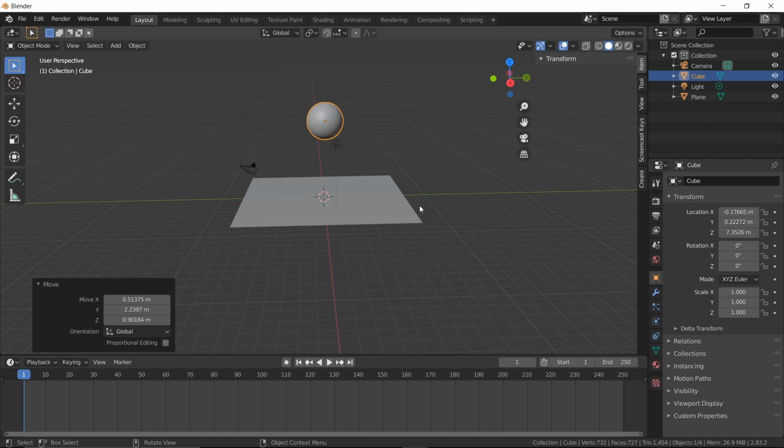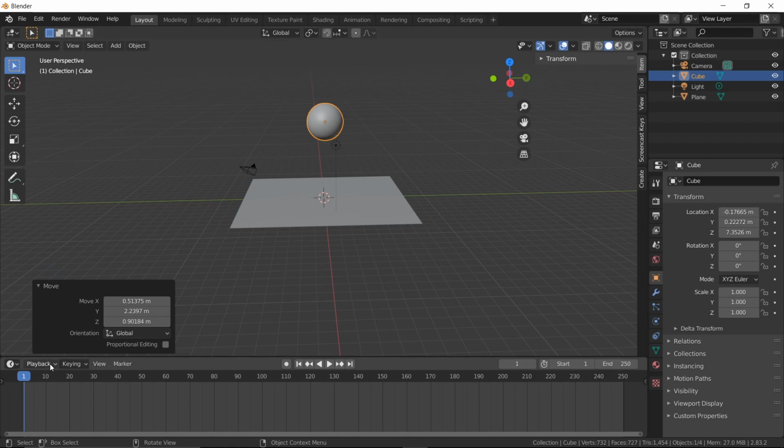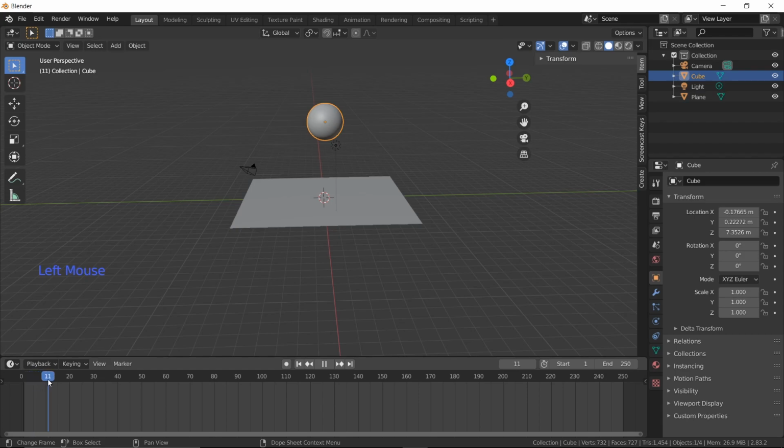To create animation, you have to set keyframes at different positions of your object. Before that, if you look at the bottom of your window, you can see a timeline. It is in this timeline window that we set the keyframes for animations, and you can see certain numbers: 0, 10, 20. This represents the frame of your animation.